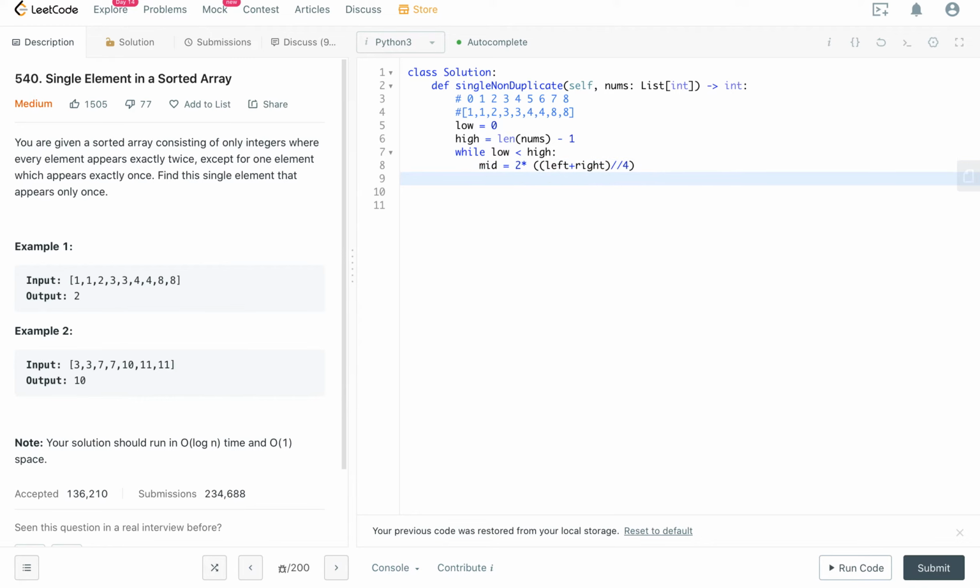After we get our mid, we just check whether the number at mid is equal to the number next to it. If it's equal, meaning that the left part